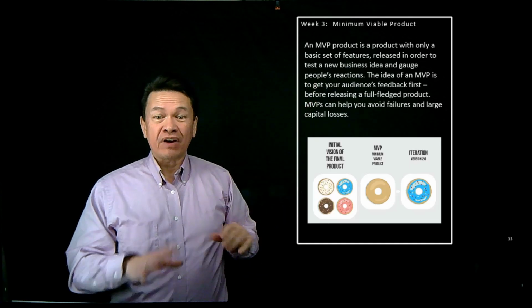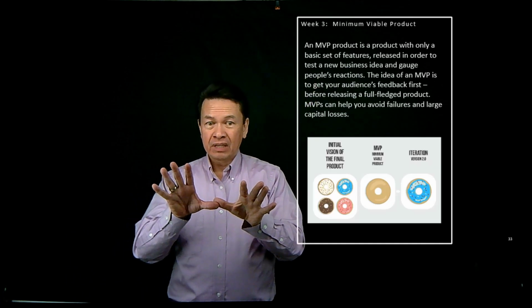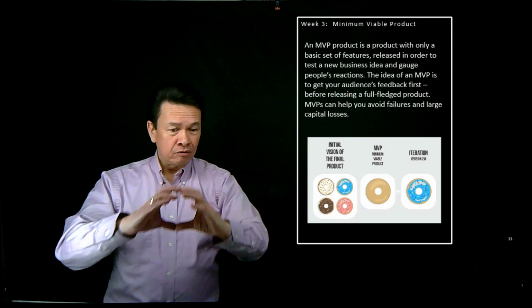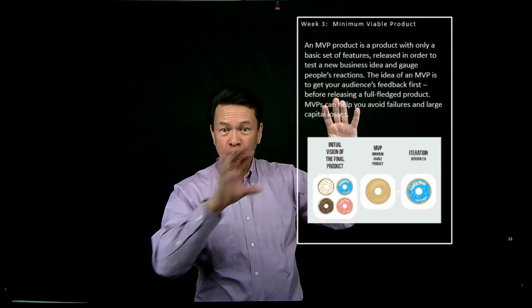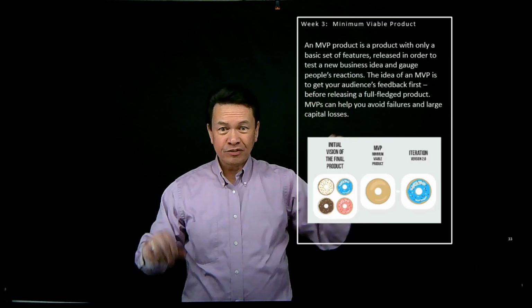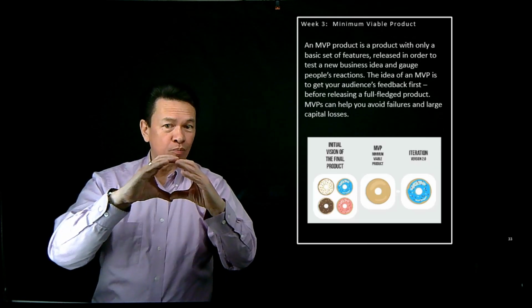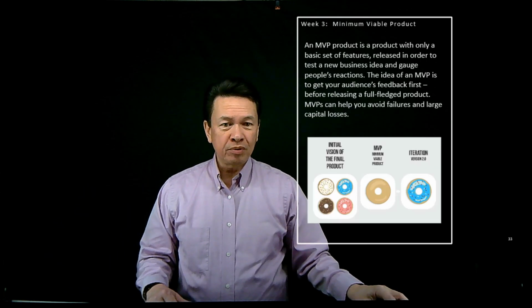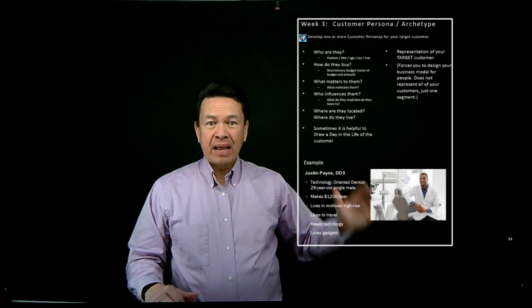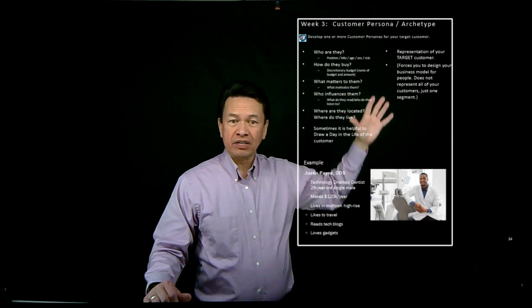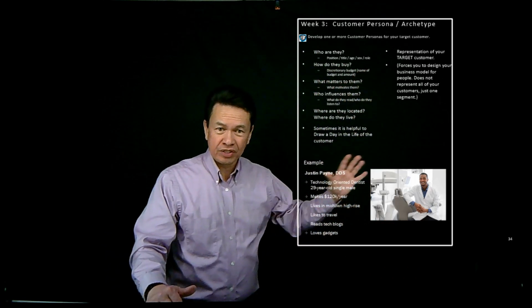So come up and define what your minimum viable product is. If it helps, you can even define version 1, version 2, version 3, if that helps you put it in perspective, right? And say, here are some important things, but this is what I need to start off first, and I think a customer will buy that, right? So develop what you believe is your minimum viable product, and then come up and define your customer archetype. Tell us who your Justin is. What does that look like, right?